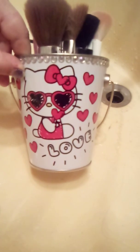But anyways, this is what I have within like 6 months, because 6 months ago I refused to use brushes. I had a beauty blender and those sponge, oh my gosh, y'all know what I'm talking about, the little applicators that come with eyeshadow. I swore up and down and said, oh, they work so much better, you get better color payoff from them, blah blah blah. Well, sometimes that's still true, but I've also learned that my crease doesn't need to be...